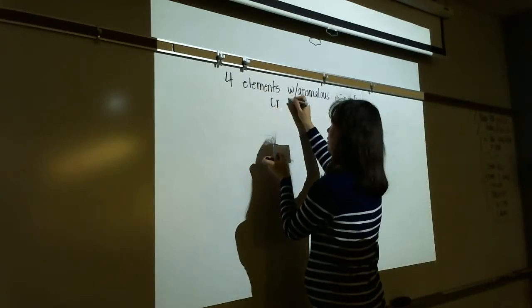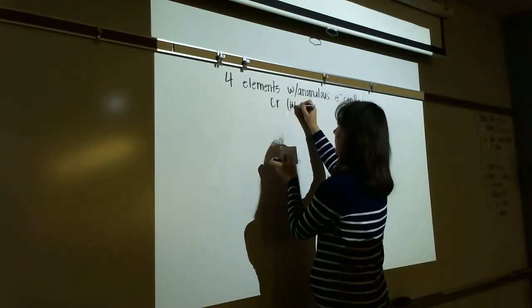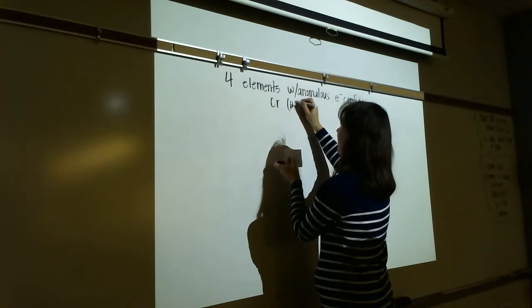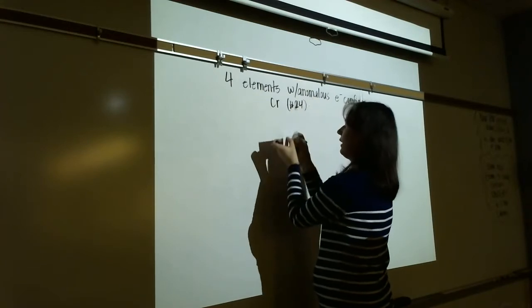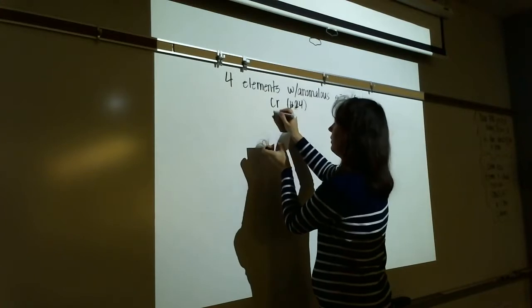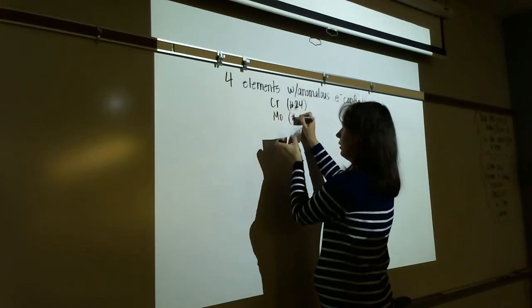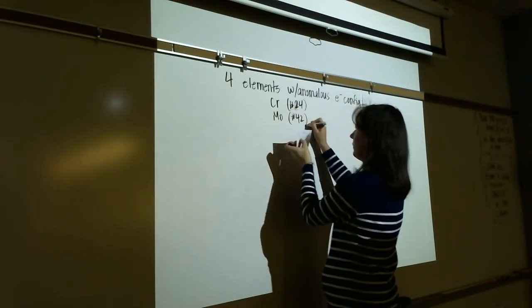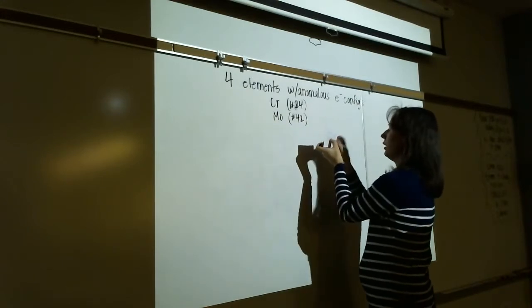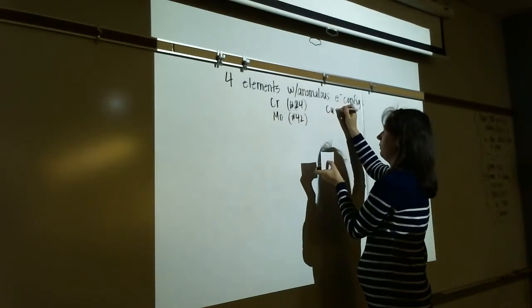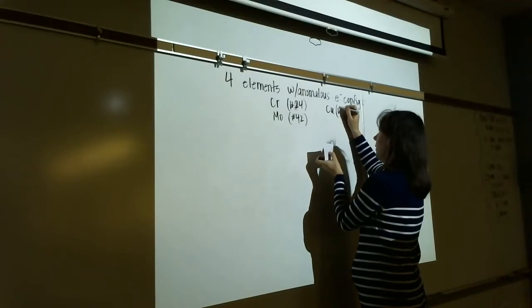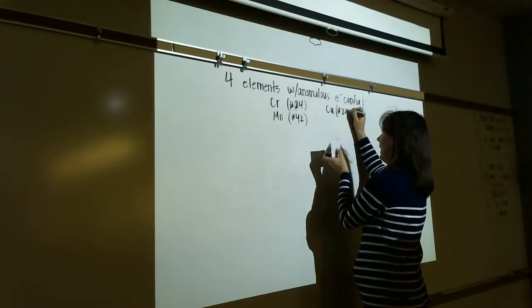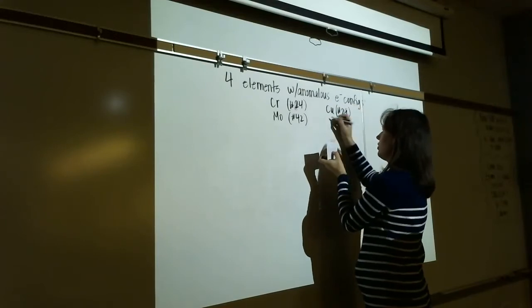Chromium, which is element number 24. And then go directly underneath it, molybdenum, which is number 42. And then copper metal, not copper ion. Okay, copper metal, number 29. And silver,